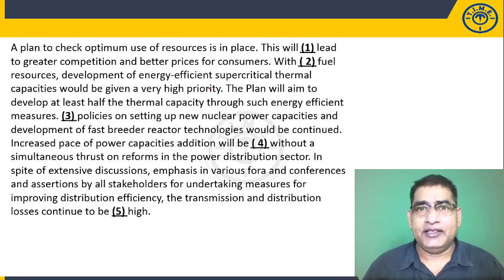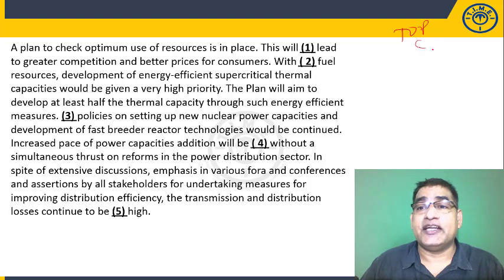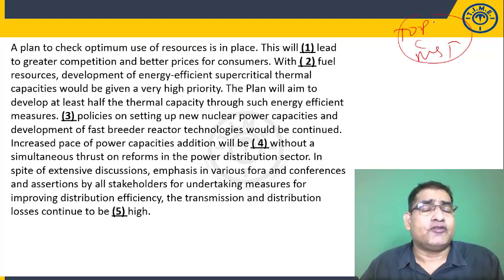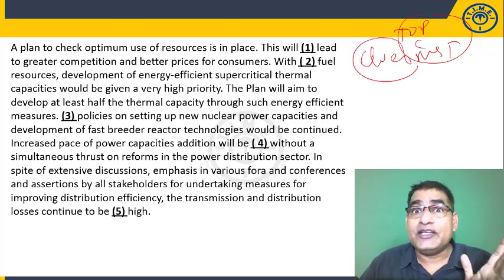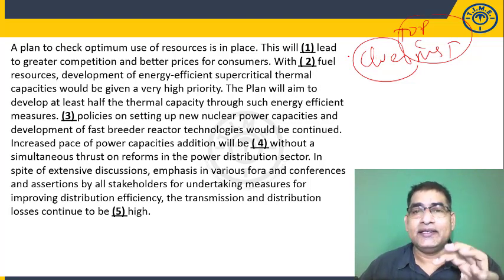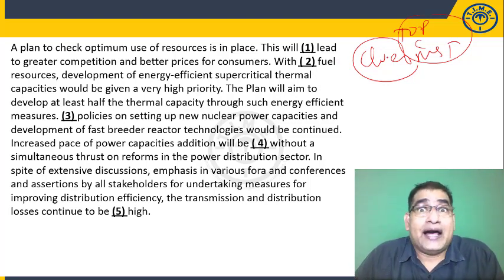If you have attended my session, you must know that we actually read the entire para first and identify clues, or basically understand the same stuff that we understand in an RC passage, that is topic, central idea, primary purpose, main supporting ideas, conclusion if any. Once we understand the overall context and purpose of the para, then we start identifying the clues to each of the blanks. Based on these clues, we guess the word that is supposed to go into the blank, a likely word, which I call answer shadow.